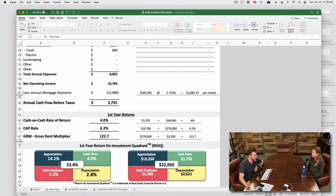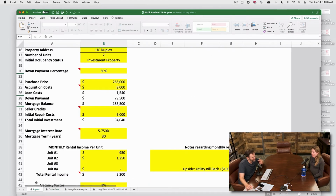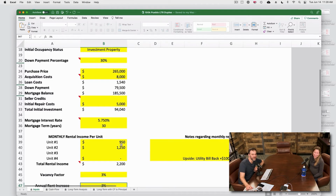Mm-hmm. Hey, above 6 cap rates are great in today's market. And we're still in the 20% total return quadrant on here. Yeah. Now, and I need to mention that it's turnkey. Even better. Yeah. That's music to my ears. So let's come in here and say we can update with bill back. That's another $100. So not huge, but there's a lot of opportunities to come here and you can update bill back, so you increase rents,